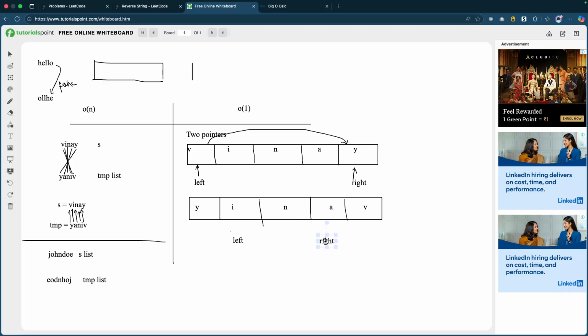So what we are basically doing is we are incrementing the left pointer in each iteration, and we are decrementing the right pointer in each iteration. So now the left is pointing towards the I element, and the right is pointing towards the A element. Okay. So again, the same thing is gonna happen. We're gonna swap it. Okay. So now what we're gonna get is